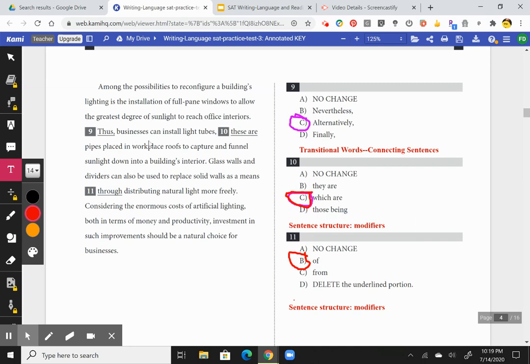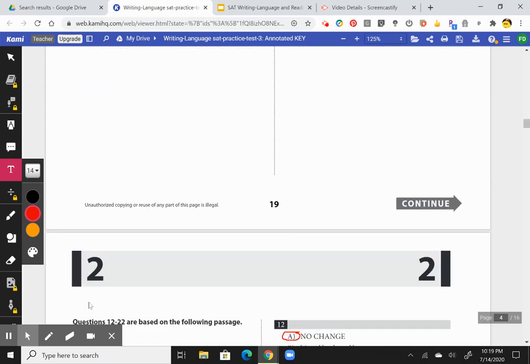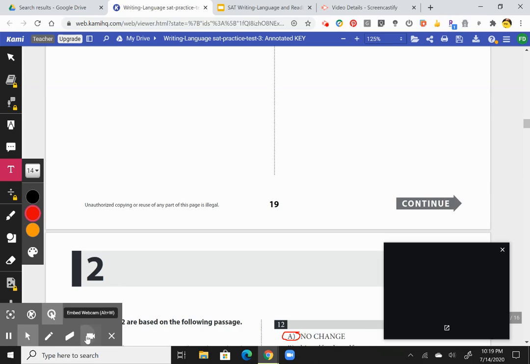Thus business can install light tubes, which are pipes, and that's a sentence structure with modifiers. You don't need the comma there. And then another one, as a means of distributing natural light, not through distributing. And this would also be an example of a sentence structure modifier. So we've come to the end of this